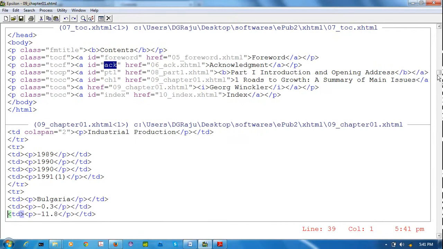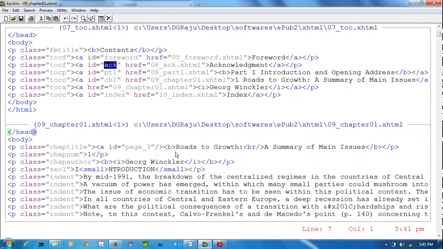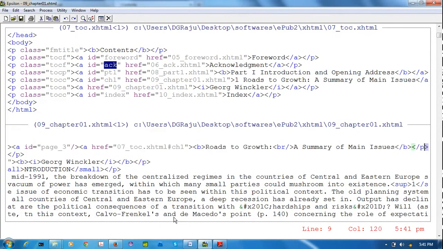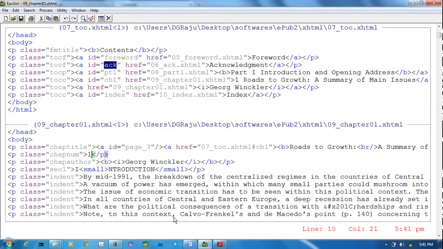In the starting, chapter 1. The user may click the number also, CH1. Okay. Last, index.